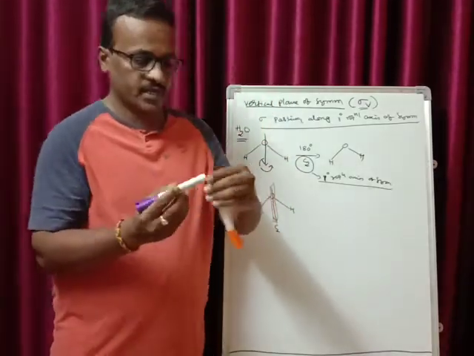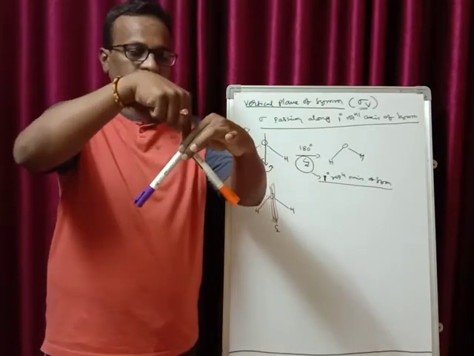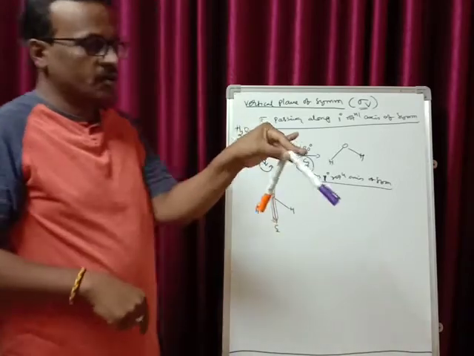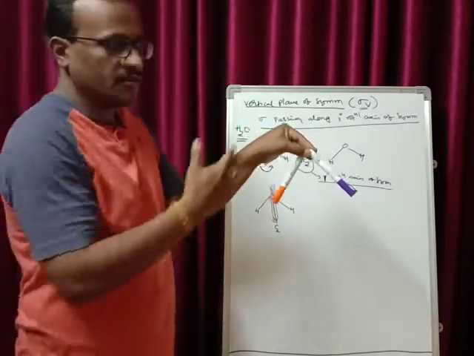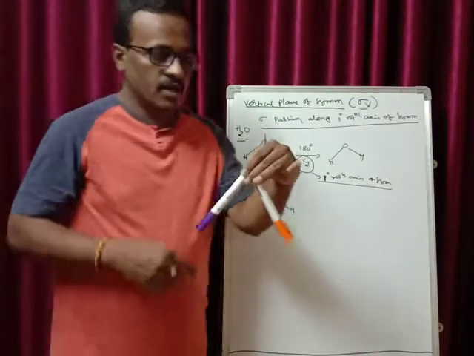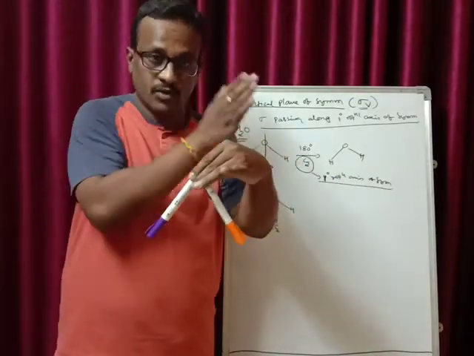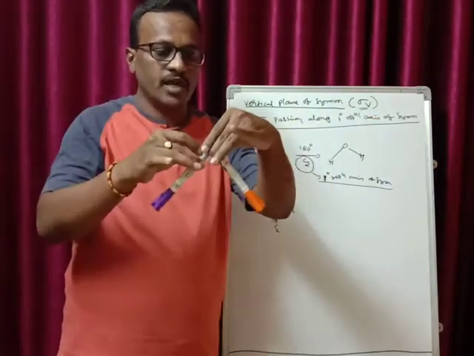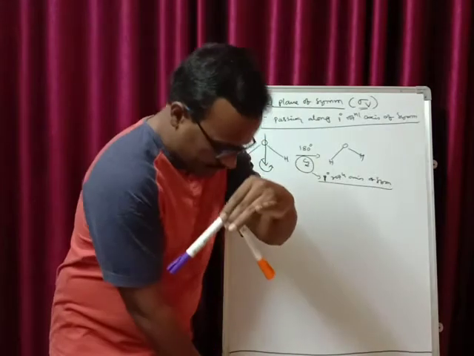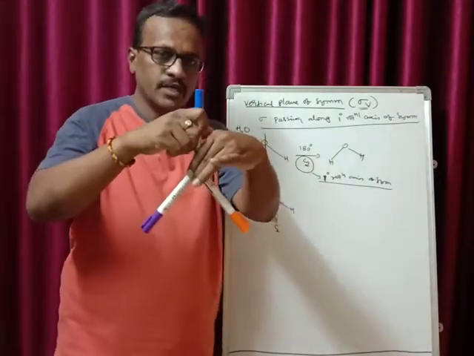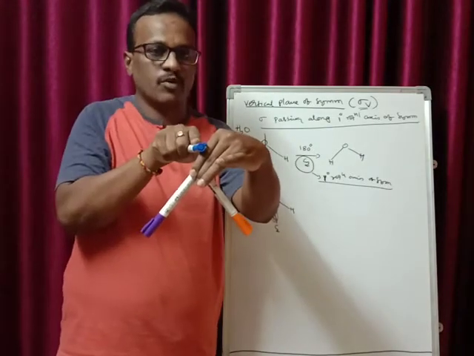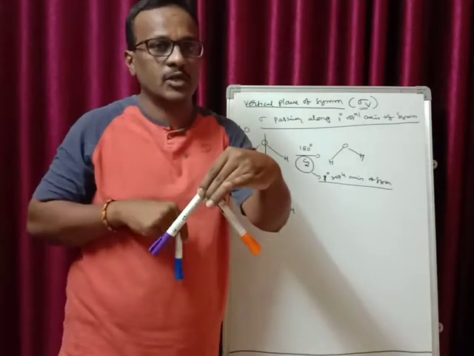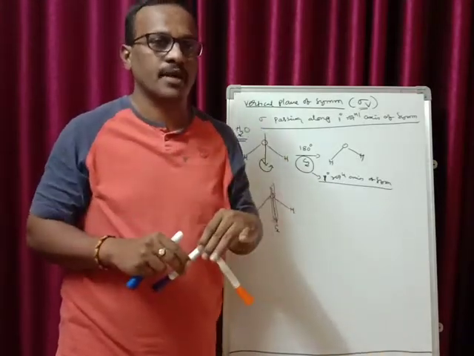Now if you take this example, the plane is passing from here. Similarly, the rotational axis is passing like this. On rotation of 180 degrees you get the equivalent structure. This is regarding the rotation. Now the axis is passing through the center of the oxygen. Similarly, the plane: if you cut the molecule like this, you get two equal halves. So the rotational axis is passing from top to bottom, and similarly the plane of symmetry is also passing from top to bottom. That is, the plane and the principal axis of symmetry are running parallel to each other. Therefore, we call it the vertical plane of symmetry.